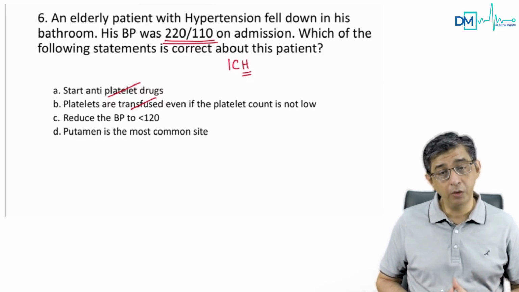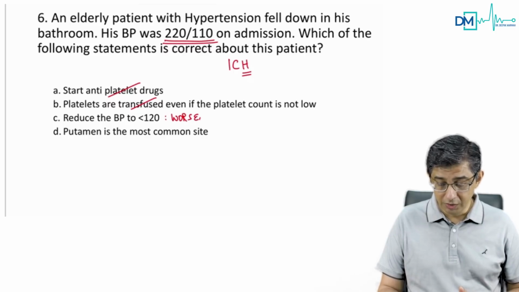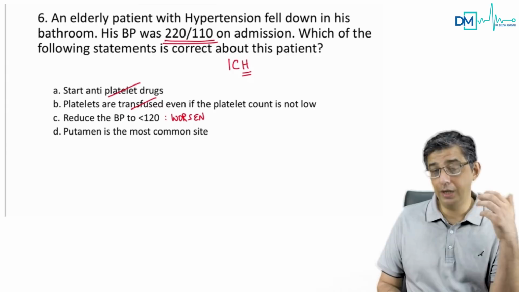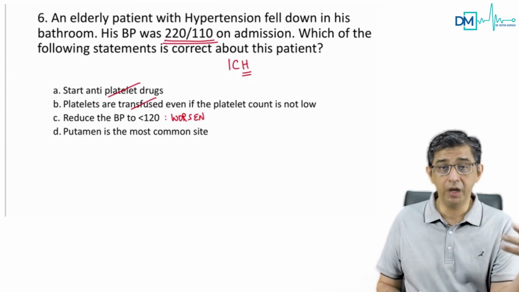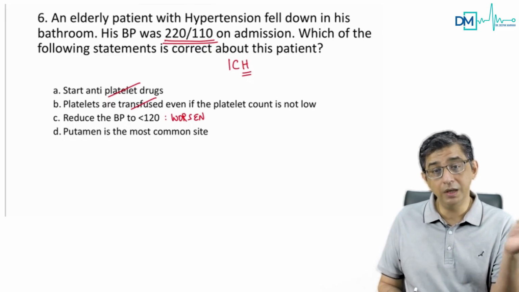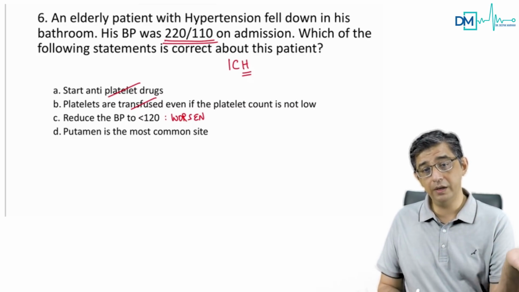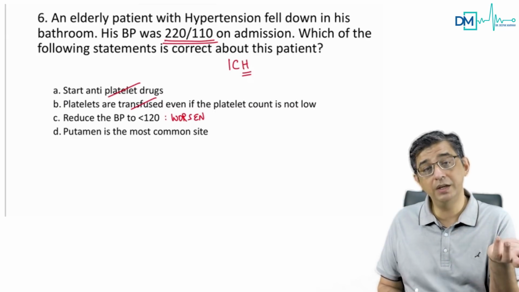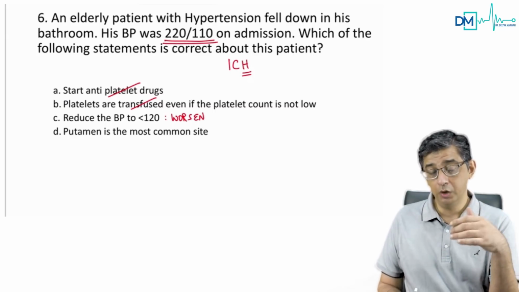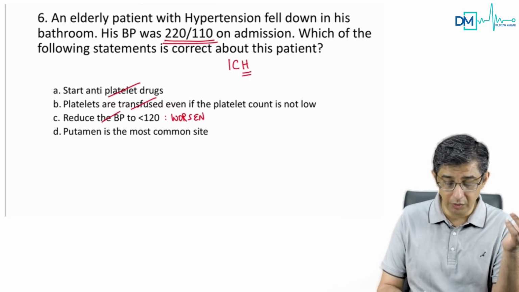Reduce the BP to 120 or lesser. This is going to cause worsening of the patient. Why? Because in this case, if you lower the BP to less than 120, the cerebral perfusion pressure will dramatically fall. That will cause a brain infarction, that will contribute to rather killing this person. First he presented with brain hemorrhage and you are causing a brain infarction, the guy will deteriorate. So what are you going to do? You are definitely going to treat this person's raised ICT by using a ventriculostomy. You might have to go in for a decompressive hemicraniectomy. So definitely you can rule out the three options, and the correct answer is Putamen is the most common site.